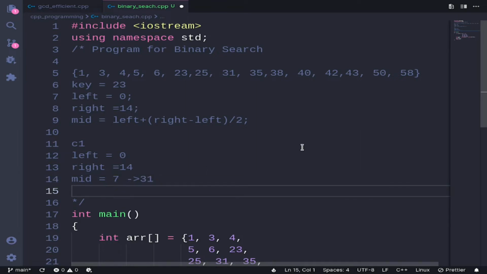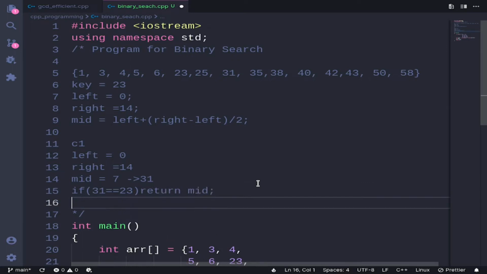Now we are going to check if 31 is equal to 23, the key element, or not. If true, then we are going to return the mid, that's the index of this 23, but this is not true. So we are going to check if 31 is greater than 23 or lesser than 23. If 31 is greater than 23, we are going to